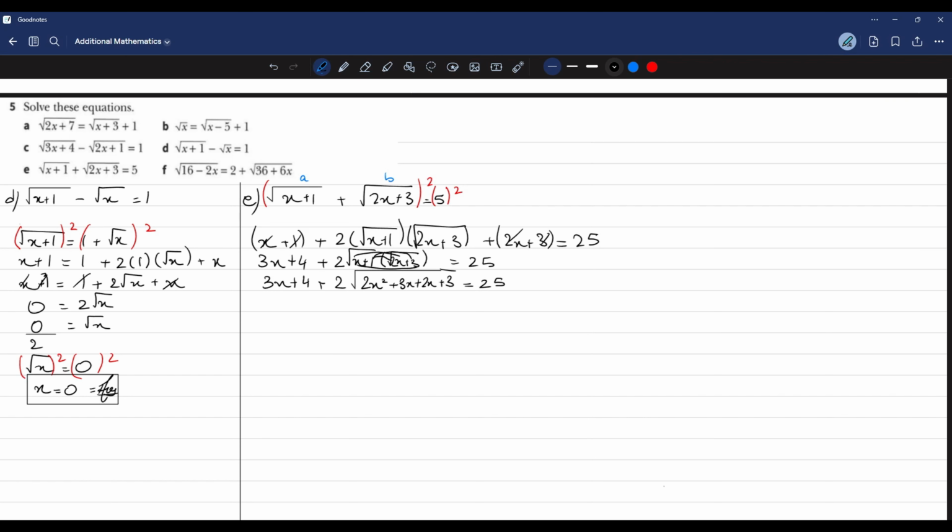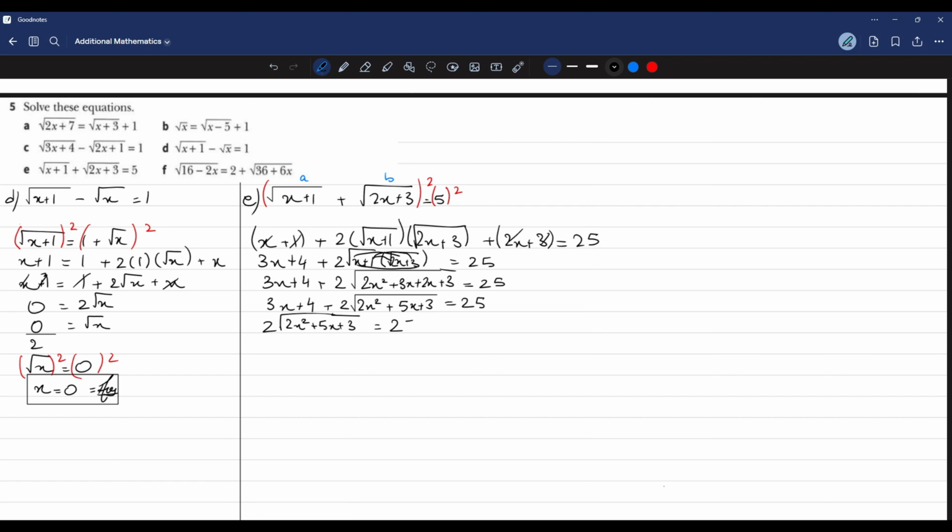So we are going to get 3x plus 4 plus 2 under root 2x squared plus 5x plus 3. Now we could leave this here for now, and I'll tell you when we are going to open this up. So we have 2 under root 2x squared plus 5x plus 3